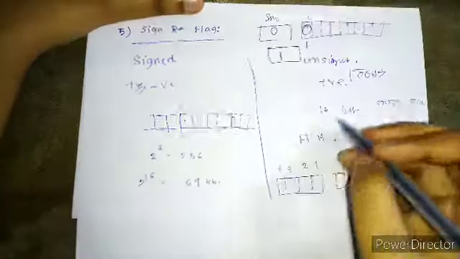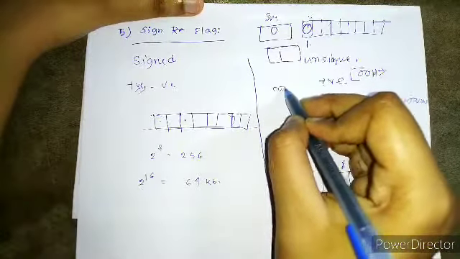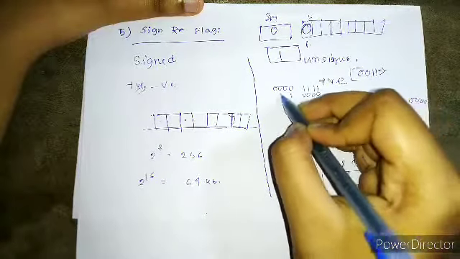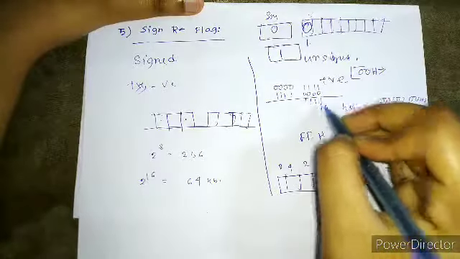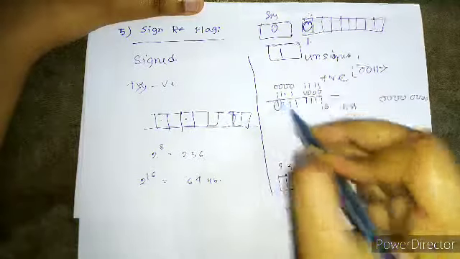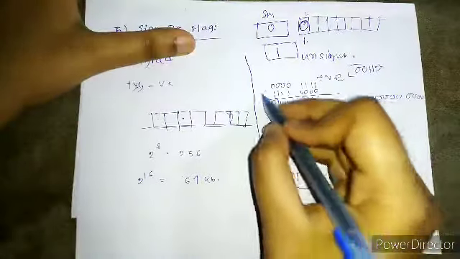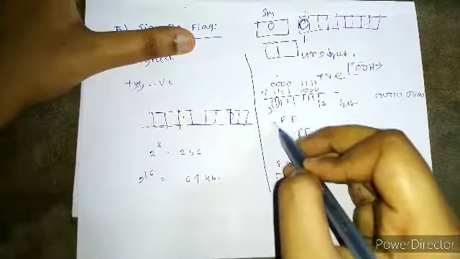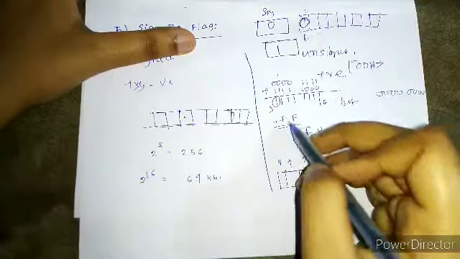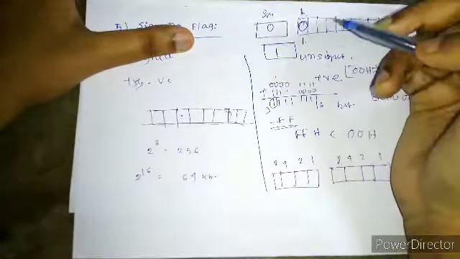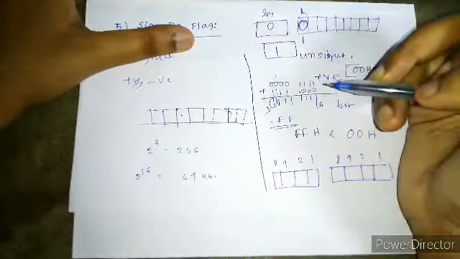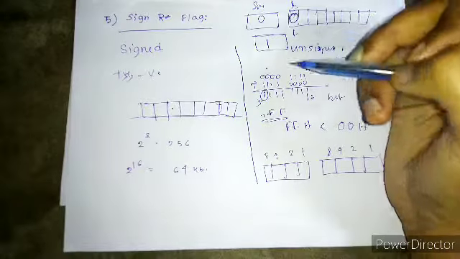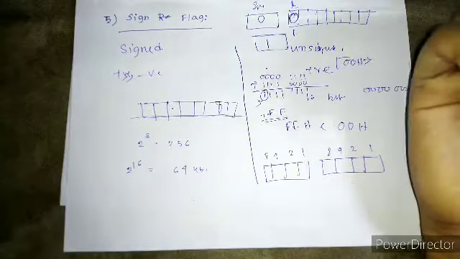But suppose we are adding something like 0, 0, 0, 0, 1, 1, 1, 1 and 0, 0, 0, 0, 1, 1, 1, 1. What is the addition? 1, 1, 1, 1, 1, 1, 1, 1. Here the MSB is 1, but is it a negative number? No. We are adding two positive numbers, so the result will also be a positive number, which is plus FFH. The sign flag will be 1, right? Because the MSB is 1. So can you say that this is a negative number? No. So there is some complex mechanism. Now I will show this.